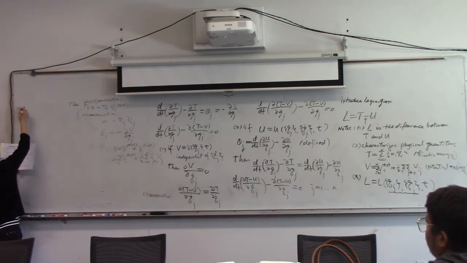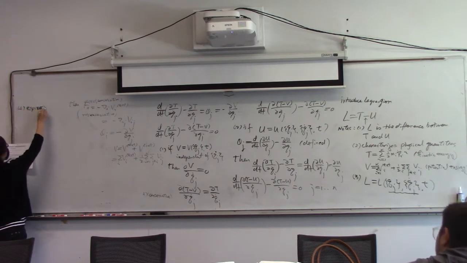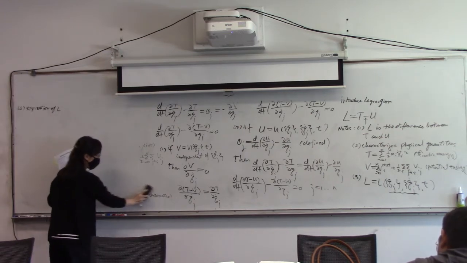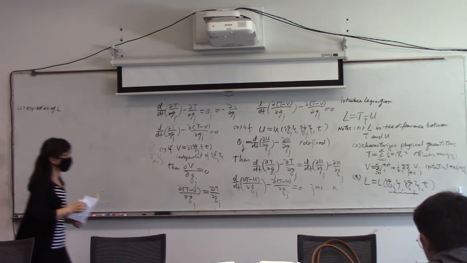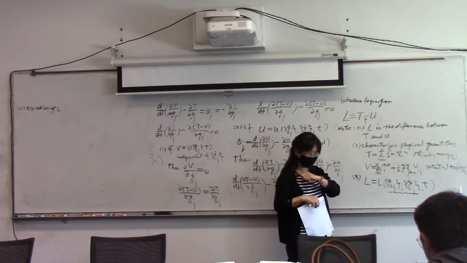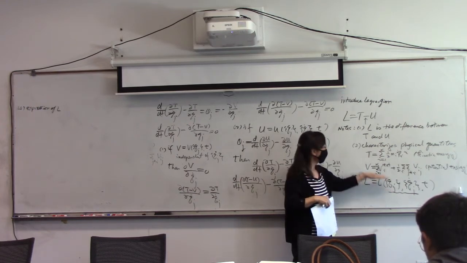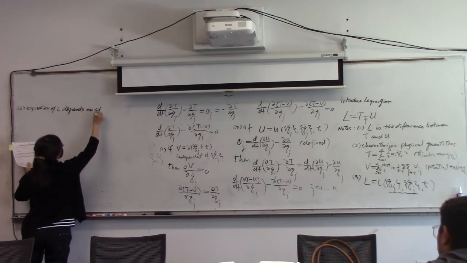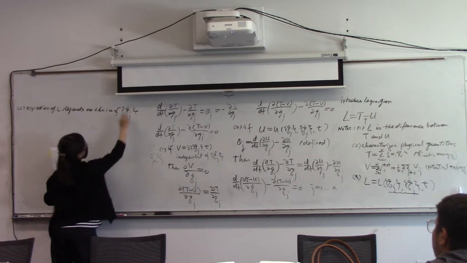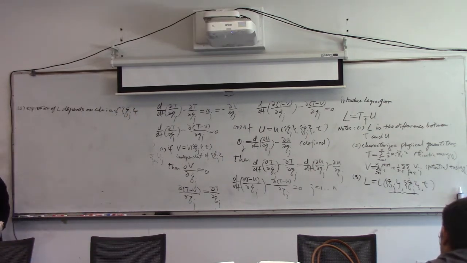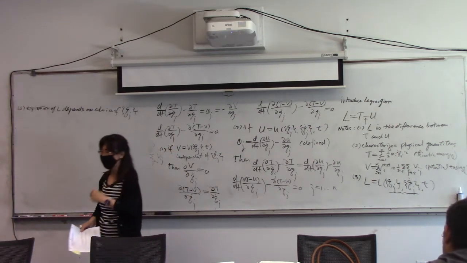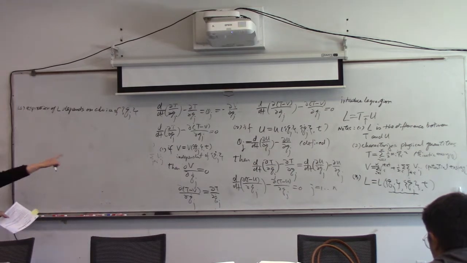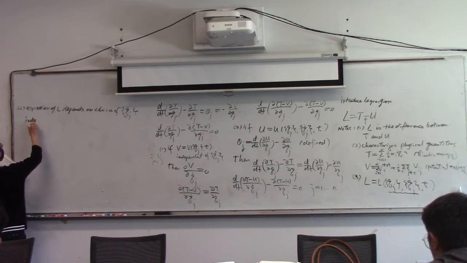Number 4. The expression of L may be some sinusoidal function or some exponential function. For the same system, the kinetic energy and potential energy are given, but you can select different types of general coordinates. So the expression of the Lagrangian may change, depending on the choice of which type of general coordinates you are going to select. That makes sense, right? So you don't need to worry. For example, for a single particle, you may select spherical coordinates or Cartesian coordinates, right? So your expression for the Lagrangian is different, fine, but if you write the kinetic energy and potential energy correctly, then the value